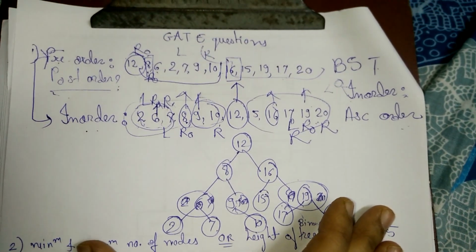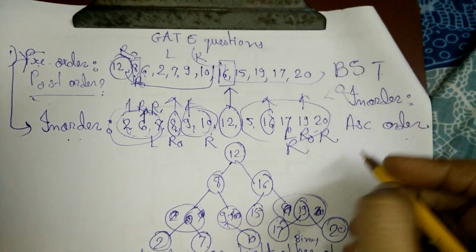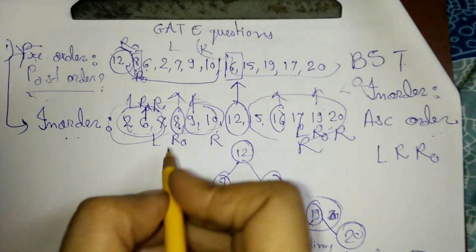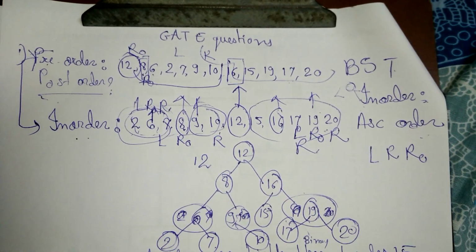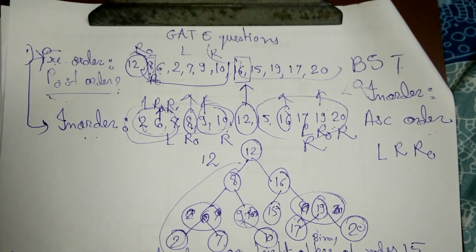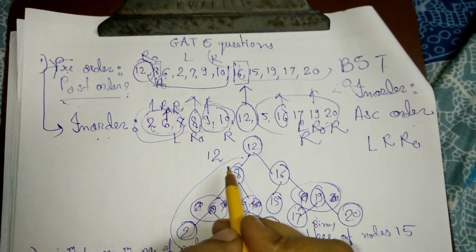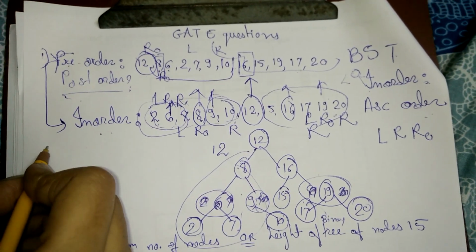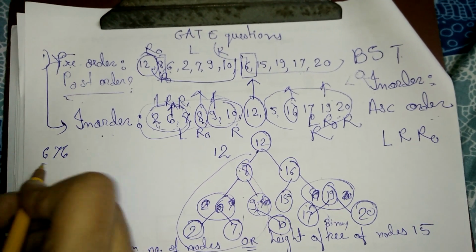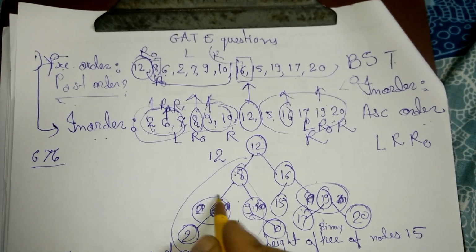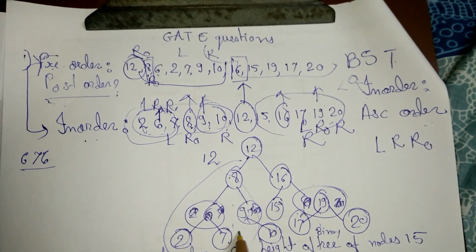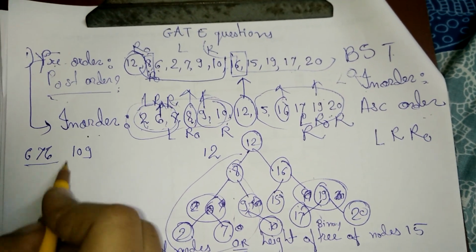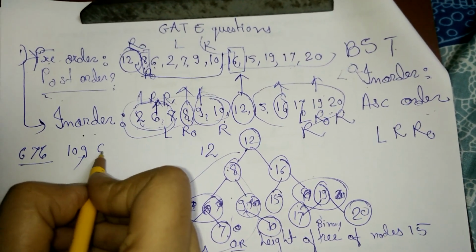Now once you have the tree, you can find out the post-order sequence. As we know, the post-order sequence says left, right and root. So 12 is going to be your last element. Before that you have to find the left subtree, then the right subtree. In the left subtree again we go to the left side. So first left, then right, then root. Left, right, root. Then left complete, go to the right. On left there is nothing, on right we have 10 and the root we have 9. So left complete, right complete and lastly the root.